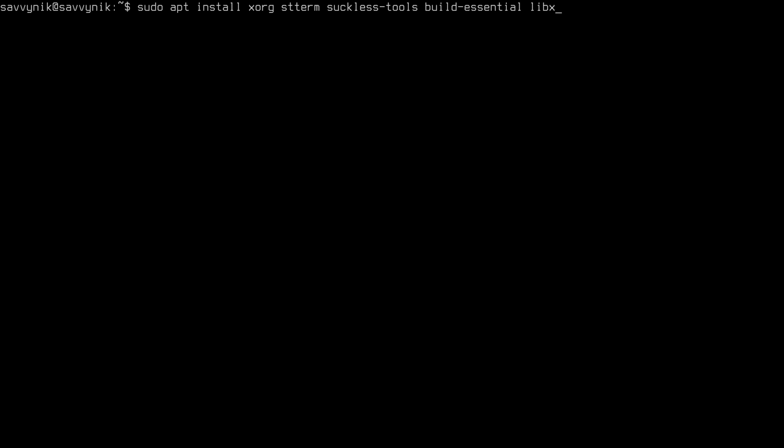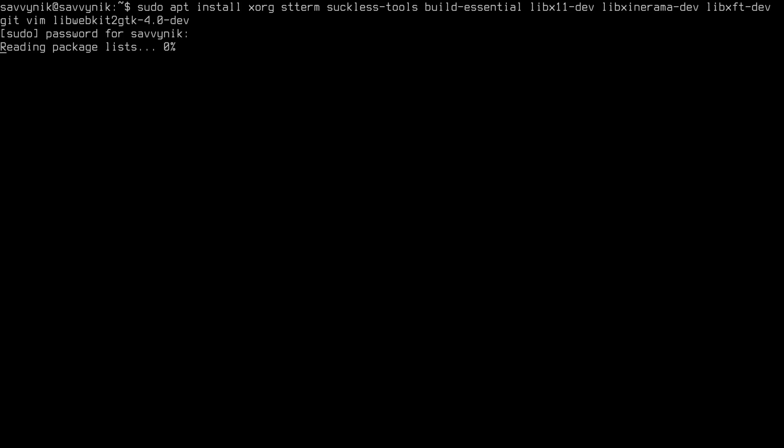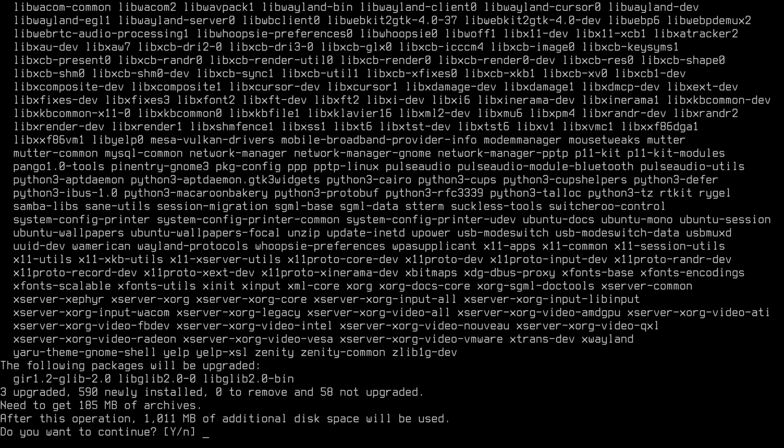Let's do libxft-dev, a library that's needed in order to compile, and also libxinerama-dev. We'll also need just a few more packages here. Git, I'll also install the vim package, and finally one more library, libwebkit2gtk-4.0-dev, and go ahead after that, press enter, type in your administrative password, and let the download and install process